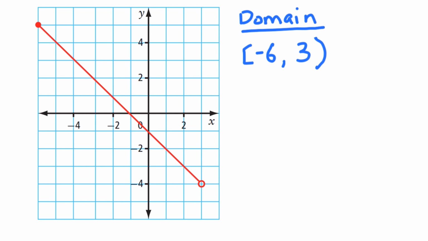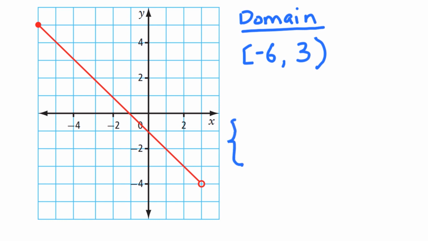Now, what does this mean if I want to put this into words? The domain includes all real numbers between -6 and +3, including -6, but not including +3. I threw in the word all real numbers. All real numbers are just any number that can fit onto a line on a graph. So there is a second way of writing this. We've done interval notation, but there's also something called set notation. It's very similar, it's just a little bit longer. So set notation,